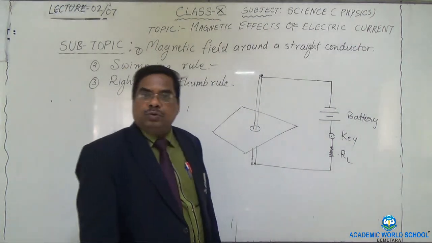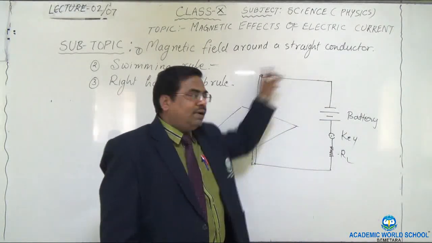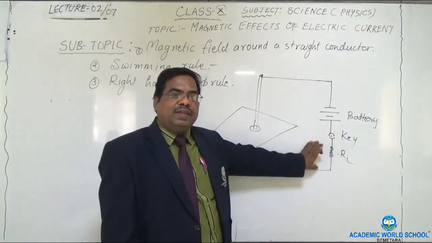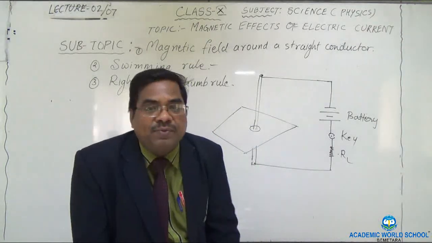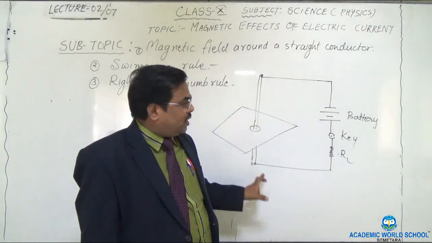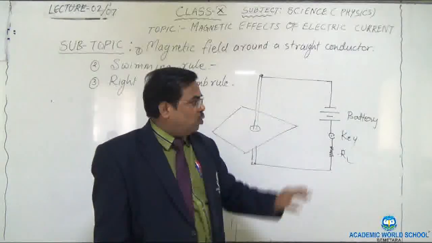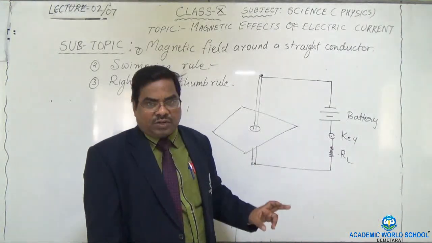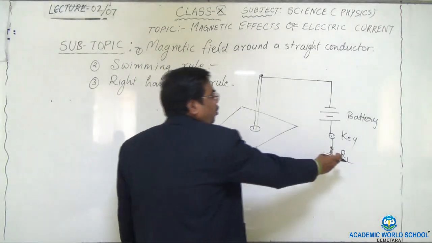Why a load? Because you cannot connect a battery directly to the terminals. It will be a short circuit. If the resistance is not there, in the absence of the resistance, the battery will decay within a fraction of a second. This is most important. Whenever you connect any conductor in a circuit, there must be some resistance to oppose the flow of the current. Otherwise, it will cause a short circuit. You all know what a short circuit is. So here we will connect one load resistance.